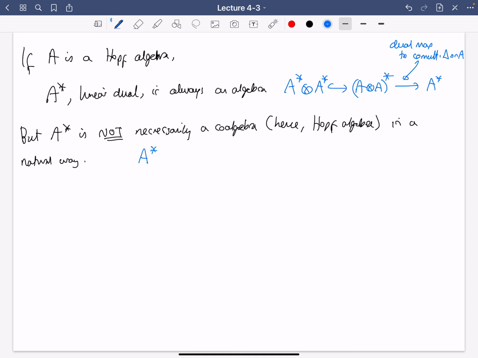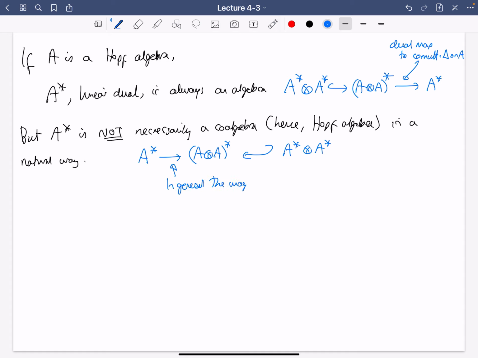You're after a co-multiplication. And the dual of the multiplication certainly gives you a nice candidate, a linear map from A star to A tensor A star. But the problem is that might be, that contains A star tensor A star, but in general,